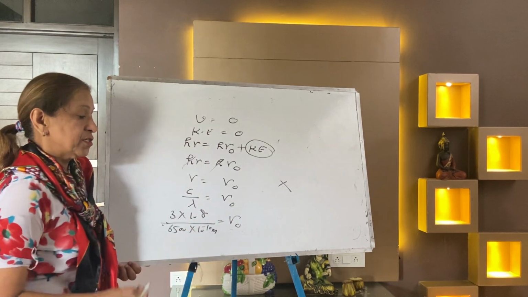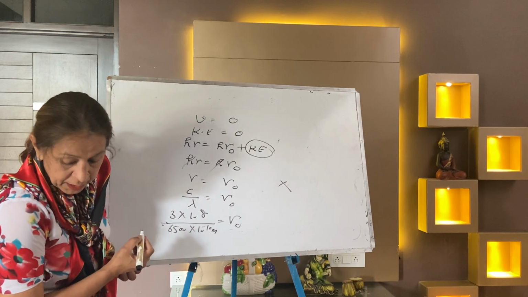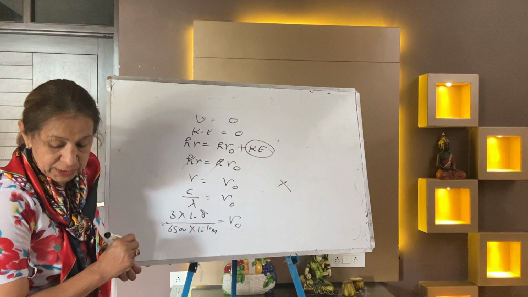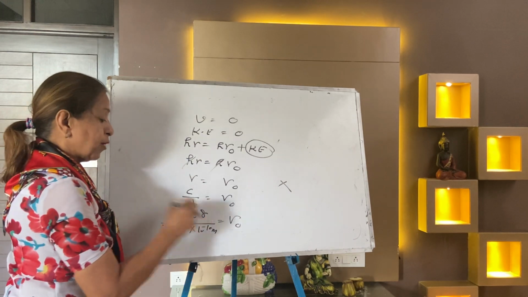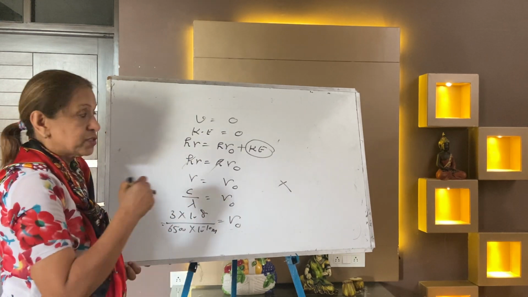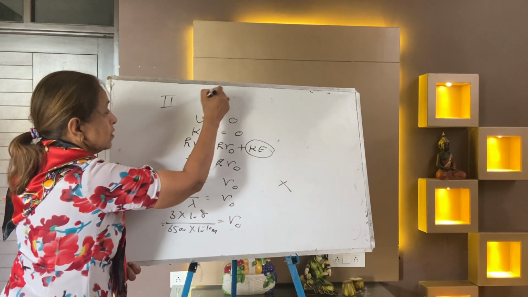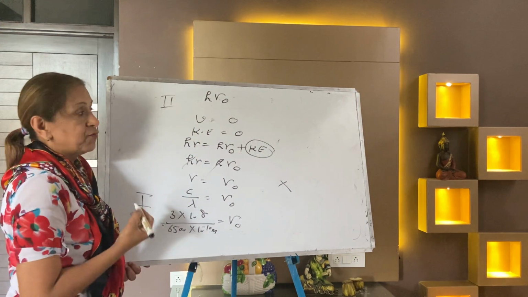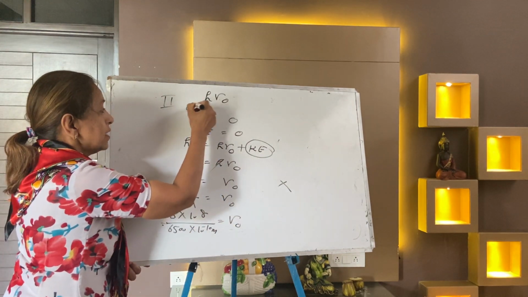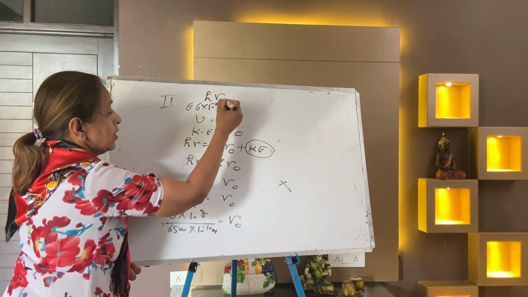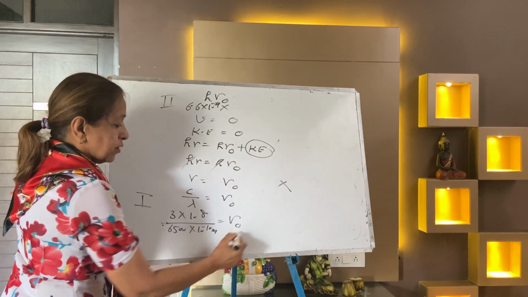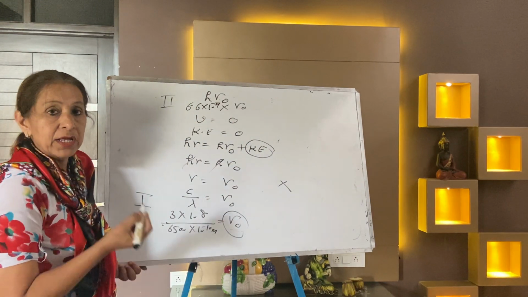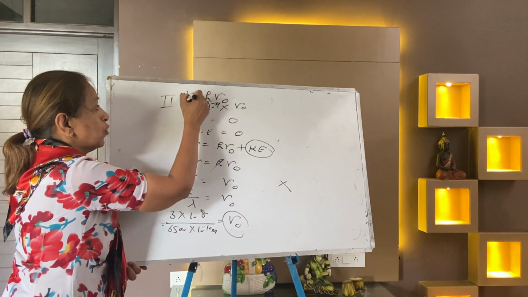The nu naught, the threshold frequency, will come. Now the question is to calculate the threshold frequency as well as the work function. After calculating the threshold frequency, that is nu naught, you apply the second, that is h nu naught. H nu naught is the work function. You multiply 6.6 into 10 to the power minus 34 into the nu naught that you have just calculated. This gives the photoelectric work function. You will call it W naught.